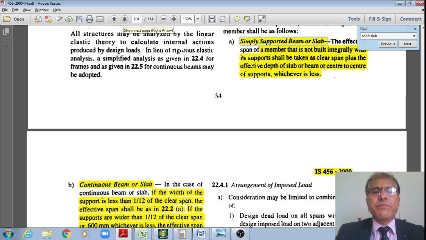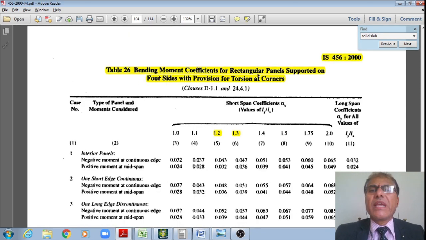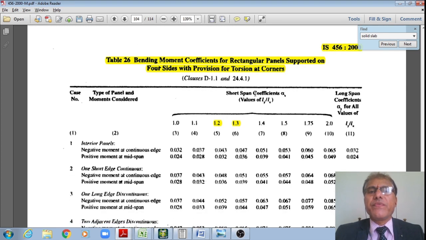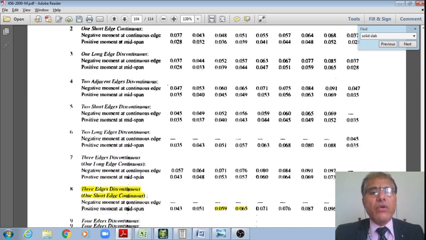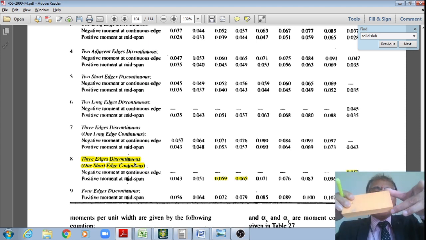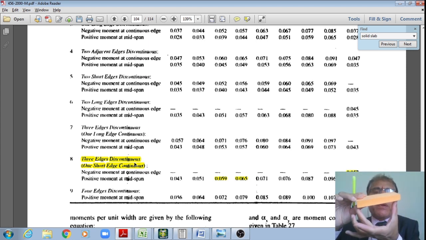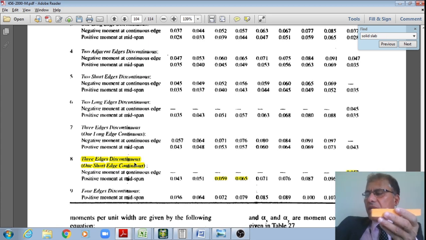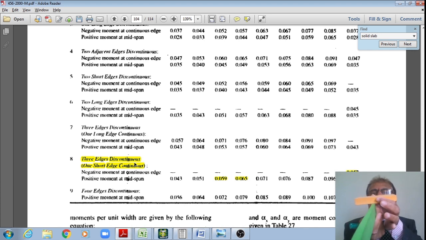Now I am there in this page number 191, where I do have this table, bending moment coefficients for rectangular panels supported on 4 sides with provision for torsion at corners, right? Now I do have these edge conditions, 3 edges discontinuous, whereas one short edge continuous. You can see that 3.54 internal, and 4.54 and 4.54, these 3 are discontinuous, whereas this is a continuous edge because it is supported on the beam like this, and it is continuous over this support,